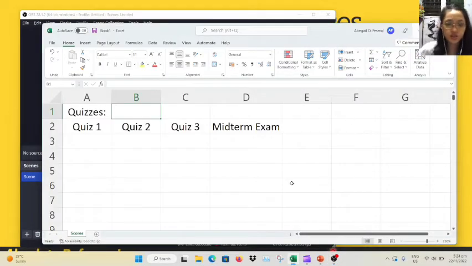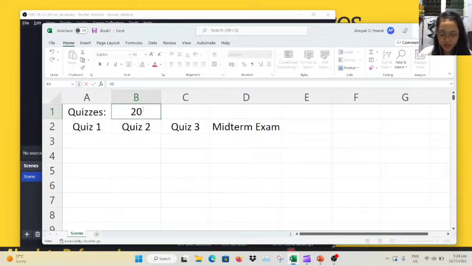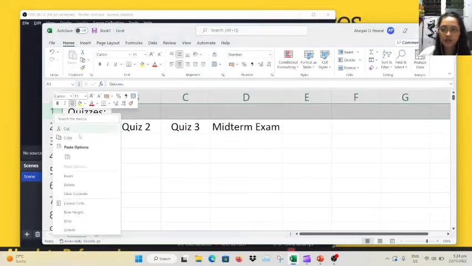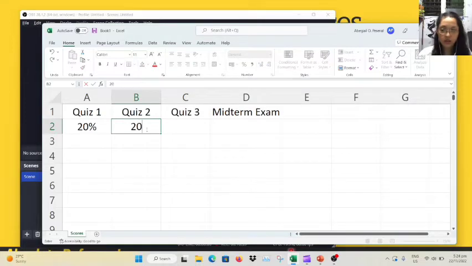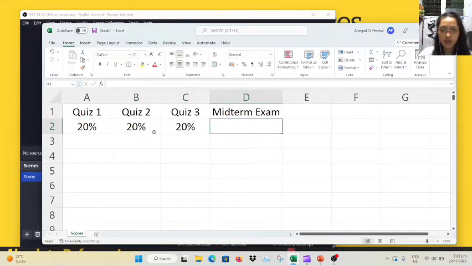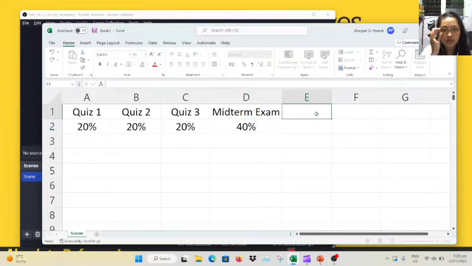Okay, let's continue. So your quizzes is 20%. You have 20% in each. So let's put it here na lang. So let's delete this one. 20%, 20%, 20%, and you have 2, 4, 6, 40% for your midterm exam. So you have here,